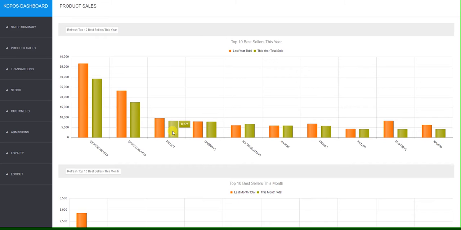The second section is product sales. So this is split up into 4 different reports. The first one being top 10 best sellers this year. As you can see, this report shows the top 10 best sellers this year based on the quantity sold